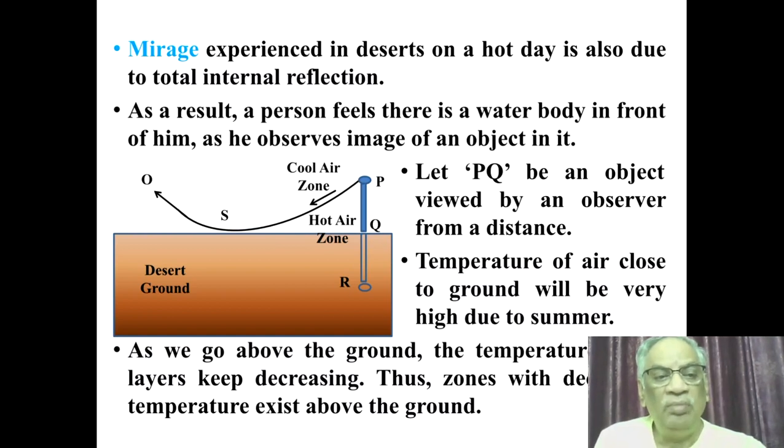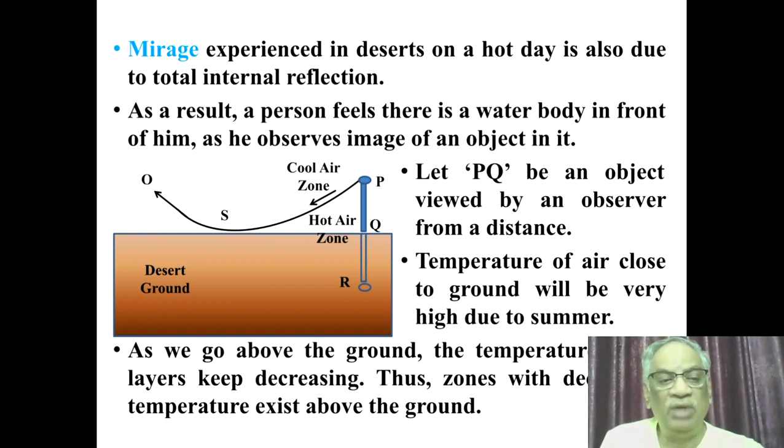the observer. Being summer, the temperature in the different layers of the air above the ground varies. Because the sand absorbs more heat, the air zone close to the ground surface is very hot, that is the hot air zone. As you go slightly above towards the top of the object, the air becomes relatively cool. That means there are different layers of air above the surface of the ground with varying temperatures, being hot at the surface of the ground and cool at higher heights. So this is indicated as hot air zone